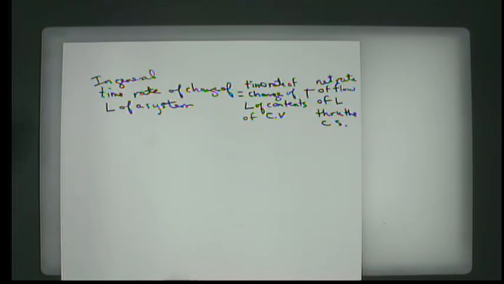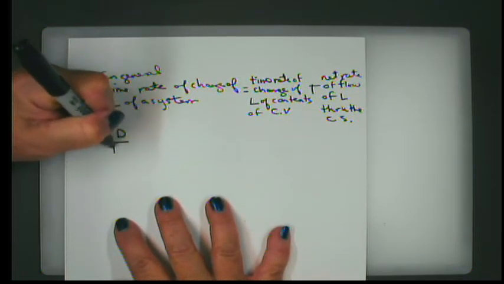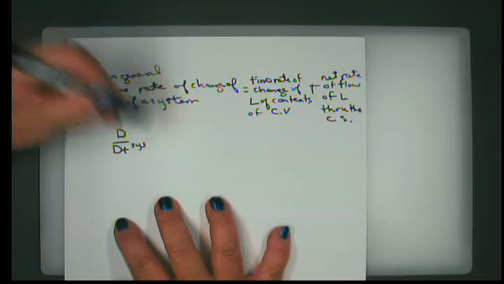Okay, so that's sort of a statement of Reynolds transport, isn't it? We can look at the material derivative and look at the relationship between what's going on in the system and what's going on in the control volume in terms of what is passing in and out of the control surface. So mathematically, we can write that as